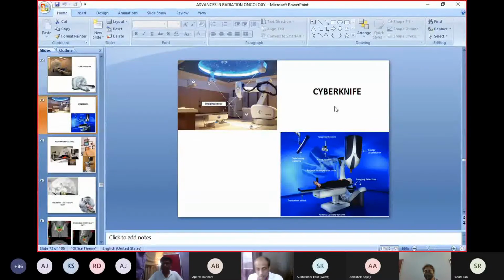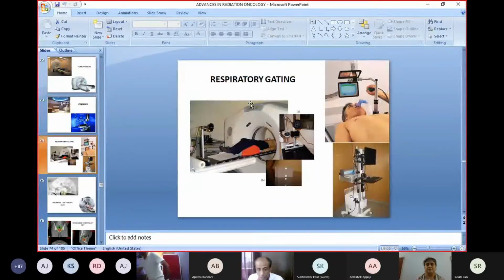Then another piece of equipment is called CyberKnife. This is basically a robotic arm. You can see this arm is a robotic arm. It has a shoulder joint like ours. It has 6 degrees of freedom. It can rotate anywhere across the body. So wherever the treatment area of interest is, it will focus right there. It is mostly helpful for moving tumors, like a lung tumor which moves with our breathing pattern. So this can follow or track the tumor and deliver the beam while the tumor is moving. For a moving organ, this is helpful. For a fixed organ, the other previous machines are helpful.